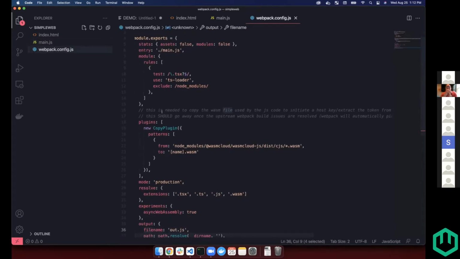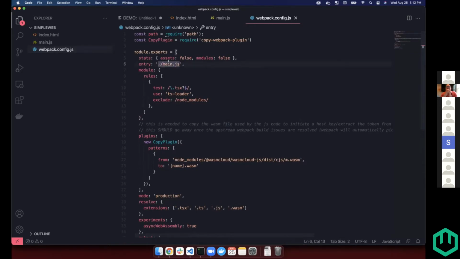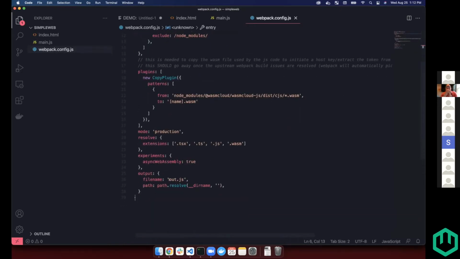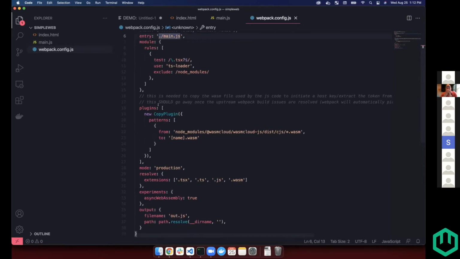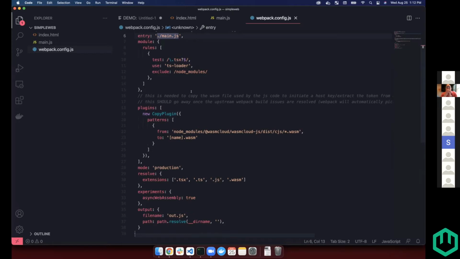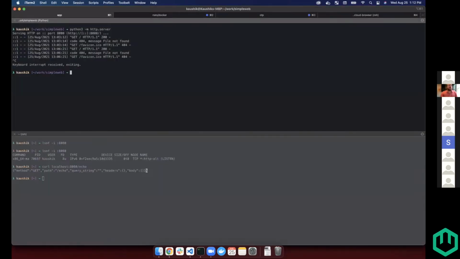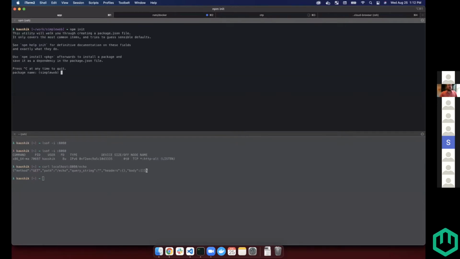So essentially, you want to compile your main.js into an output file, and at the same time, you want to copy. And this is a hack just for this version. This won't be needed once we have the ES6 version fixed. But essentially, what you're doing is copying the compiled wasm into your distribution folder, just so that you don't have to go fetch it from somewhere else. I'm going to stop the server, do an npm init,